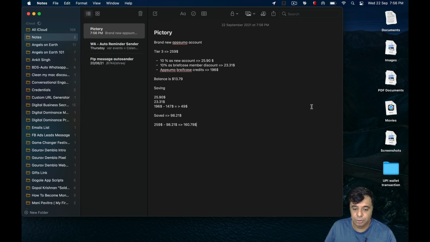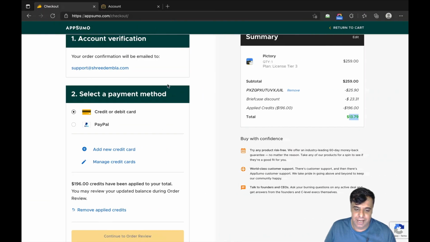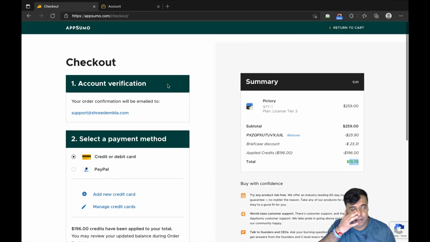Wow, it's a good amount of saving, guys. About $100 saved on the tier 3 license. And if you see, Pictory's tier 2 license is about $100 and something, so by paying just $40 more, you are getting a tier 3 license. What else do you want? This is amazing.